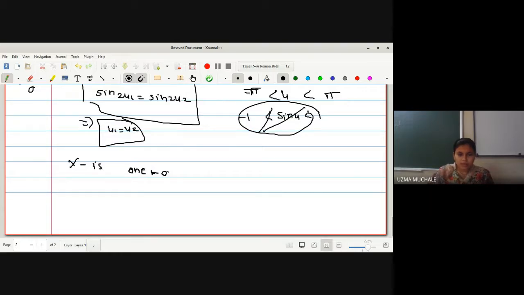But if you increase the domain, at least if you ensure equality also, it is not a one-one function, correct? अगर आपने u का डोमेन माइनस पाई टू प्लस पाई किया closed interval, so at that time this function will not be a one-one function. Okay, so here you can say that sin theta is equal to sin of 90 plus theta, ये तो सबको पता है, correct? But for angle theta which is lying in between 0 to 90.